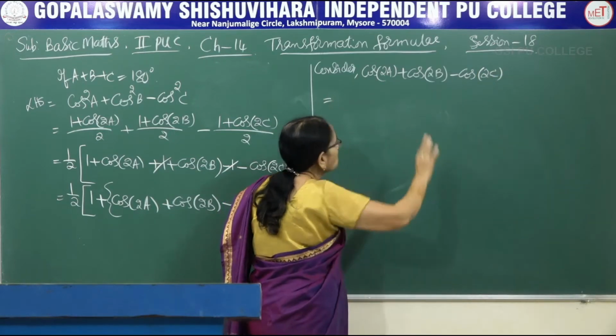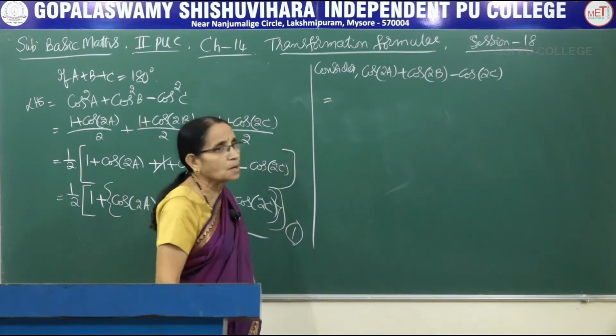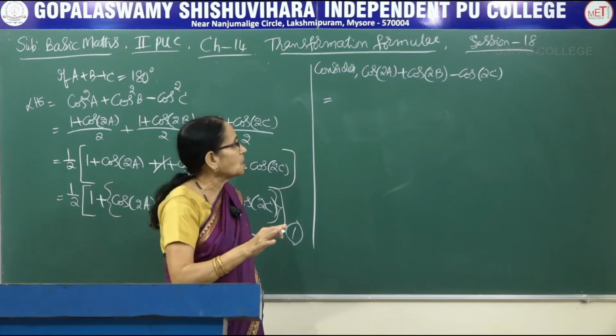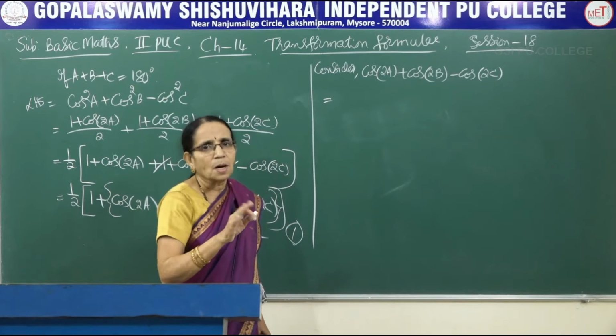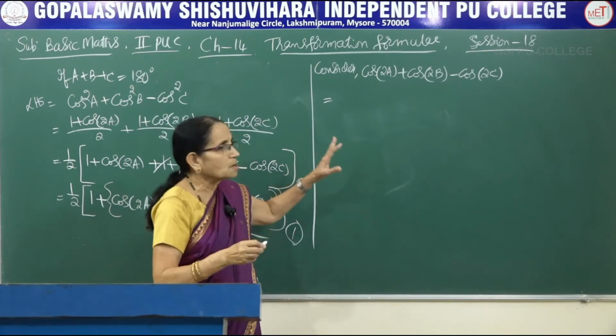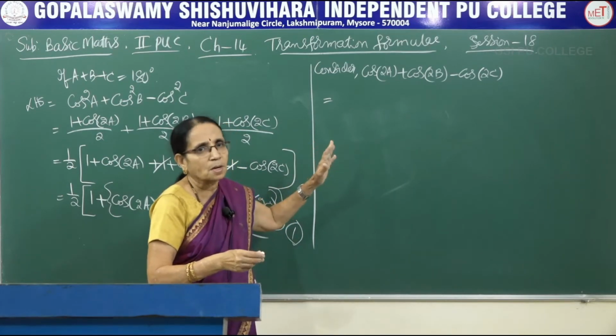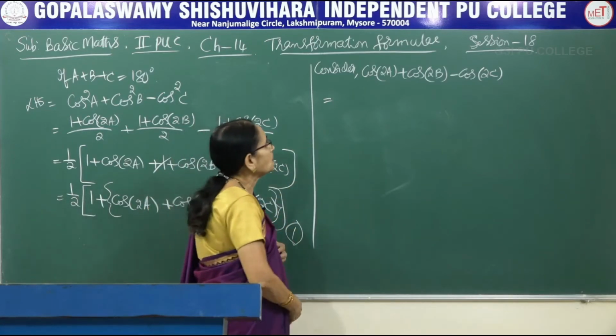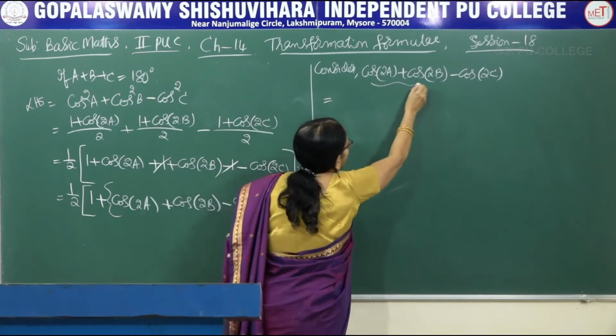Now we use the formula. See, there are 3 terms here. As I told in the earlier sessions, when there are 3 terms here, you can take 2 at a time, and that is left to your choice. First and the second and the third, or first and the third. Preferably, we usually start with the initial terms. So take the first and the second term, that is this one.